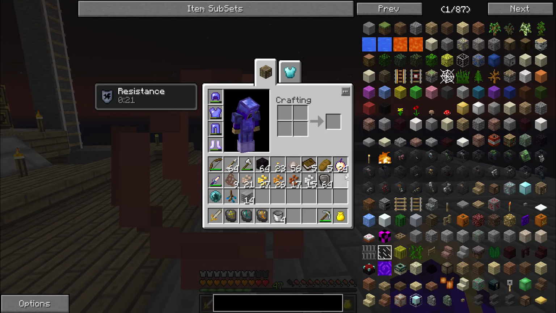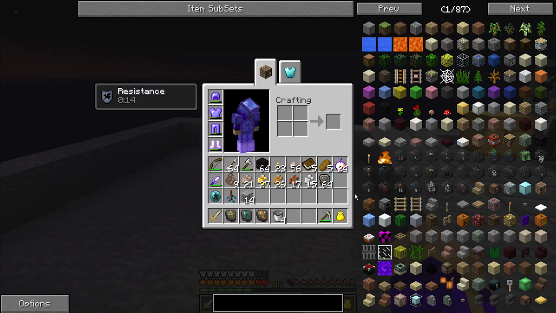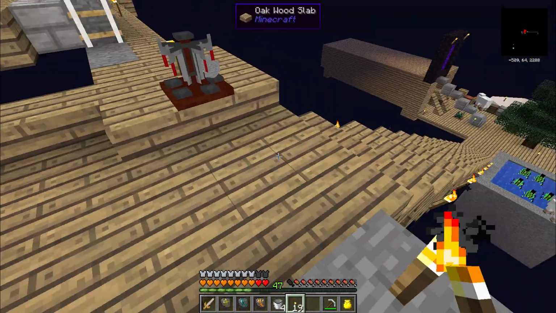Alrighty, let's take a look at what I've done. Made myself 64 reinforced slates and 64 obsidian. Built myself a little platform where I'll be setting up my ritual. Going to put some lights around the edges because I like the idea of torches on the corners of my